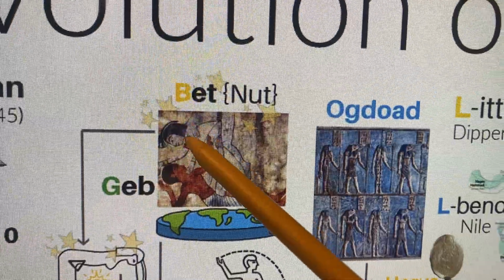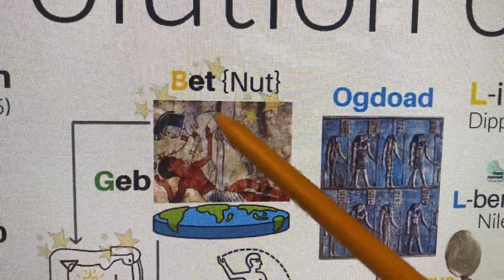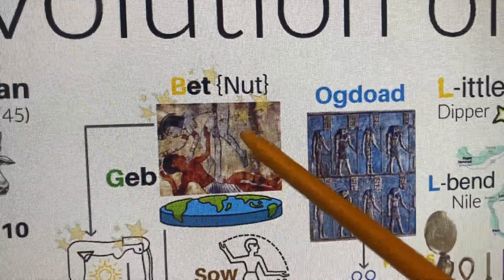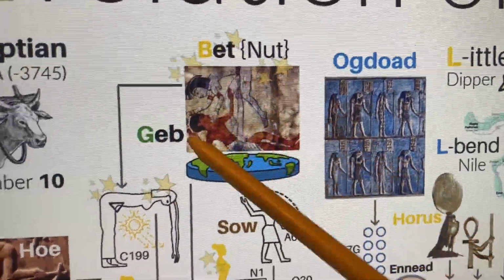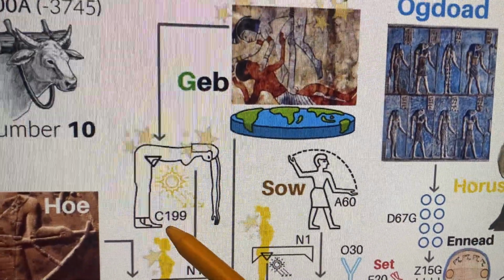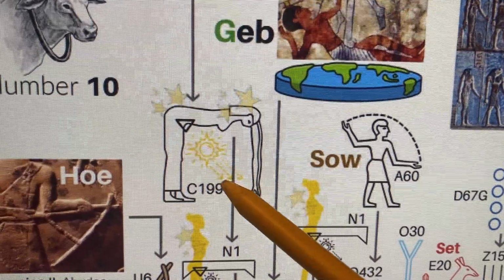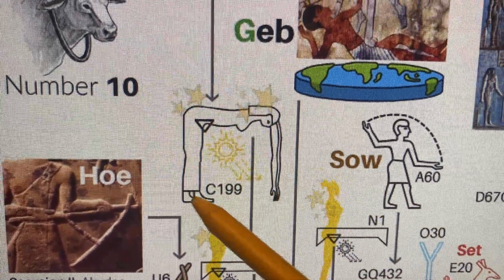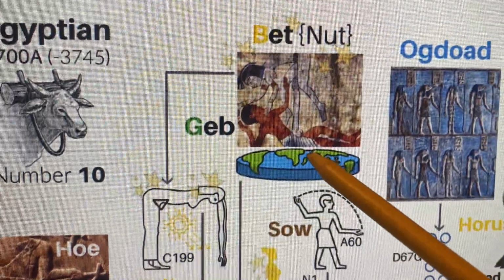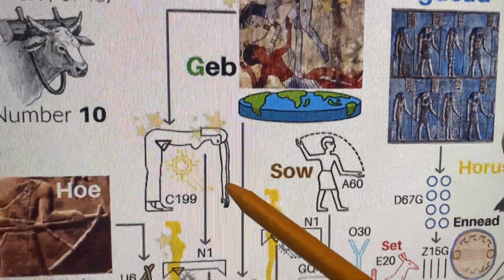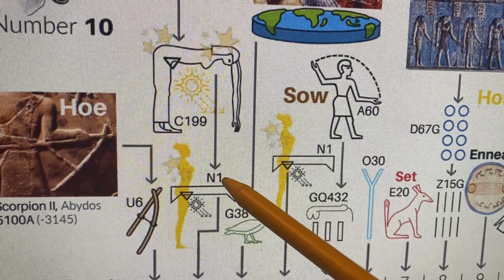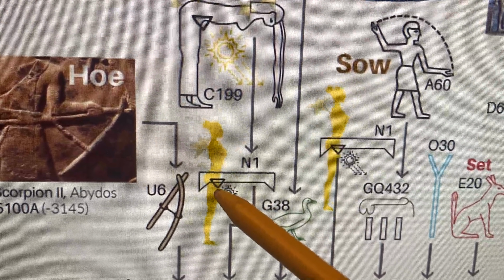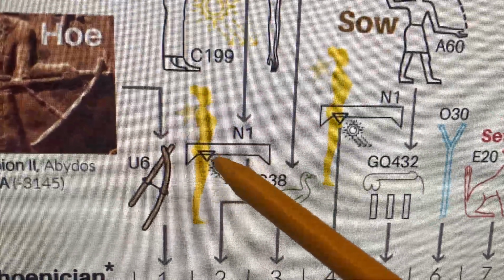But here we see Bet, and they're separated. And the thing that's separating them is air, which is Shu, their father. But Geb is the earth, and this became transformed into the C199 hierotype. So here we see the letter D, we see the breast, and she's the stars of space, or stars above the earth, and then air separates them. This became the N1 hierotype, where we see the delta, upside, the Phoenician delta, the sun born out of the delta,